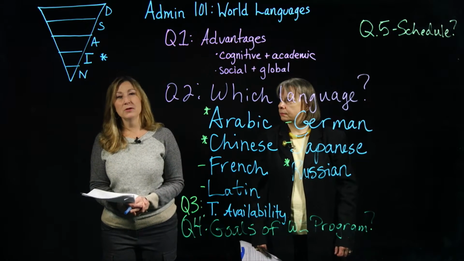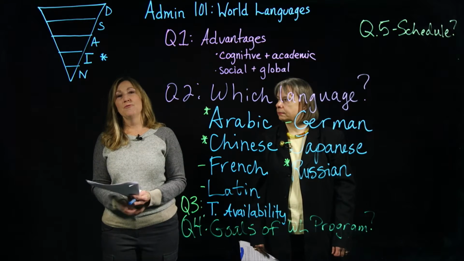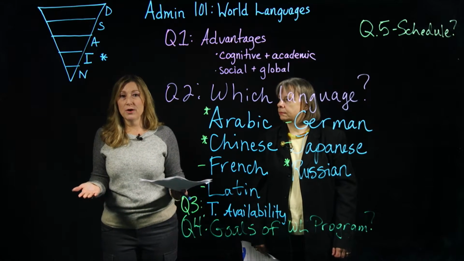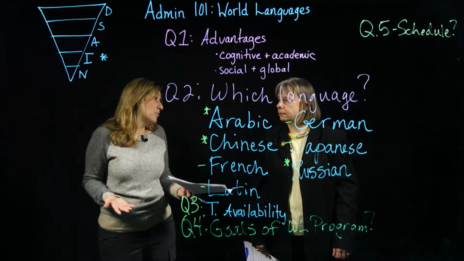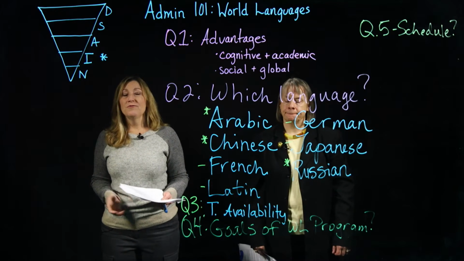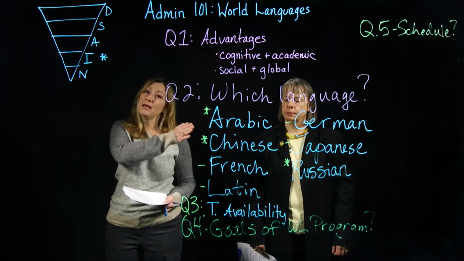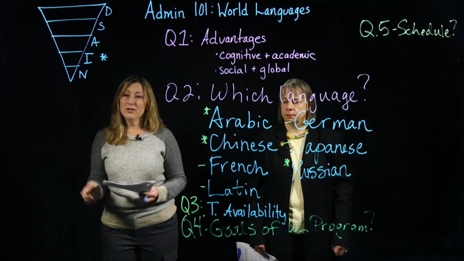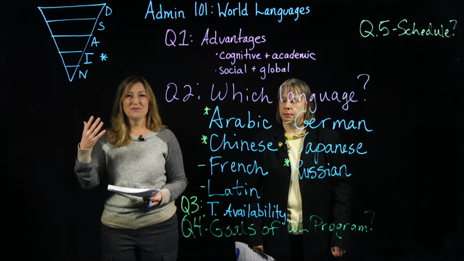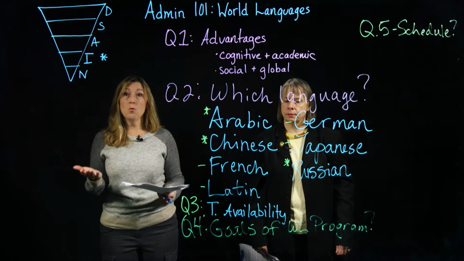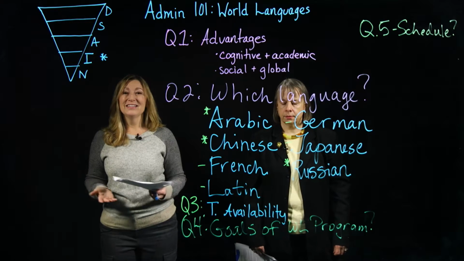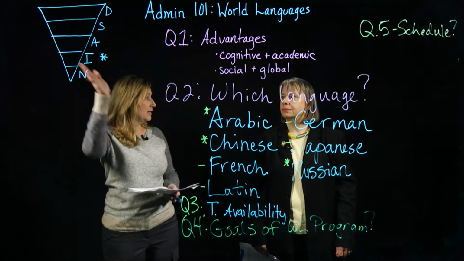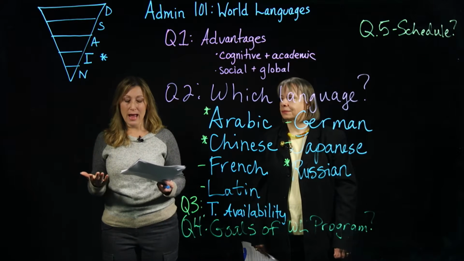If we're talking middle school or high school, if we have year-long classes that meet every day, let's say 50 minutes or so, that is, I'm going to say, optimal for language learning. So we've got that frequency. It's happening every day or very often on a consistent basis. And then you've got a chunk of time, 45 minutes, 50 minutes, somewhere in there. That's a wonderful chunk of time usually to learn a language. It allows the kids to flow up consistently and knock through those plateaus that might happen.